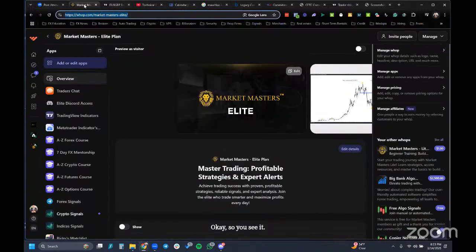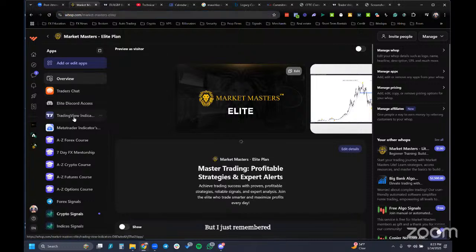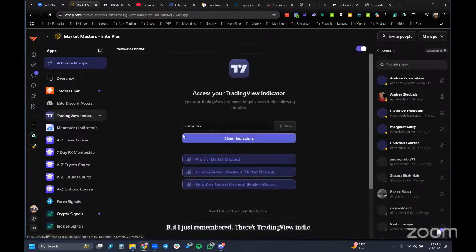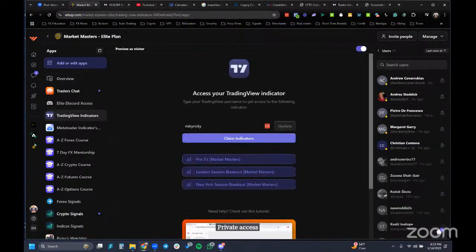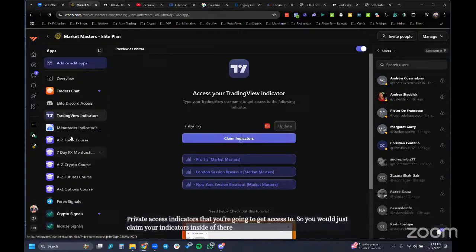Yeah, I actually forgot to go over what's included in the back end, but I just remembered. So there are TradingView indicators, private access indicators that you're going to get access to. You would just claim your indicators inside of there. MetaTrader indicators,